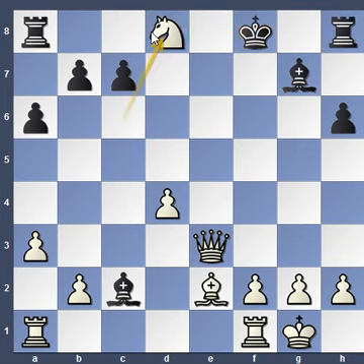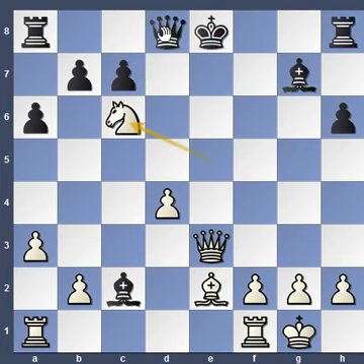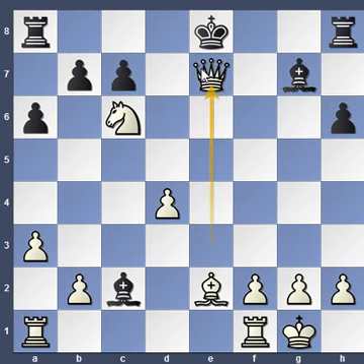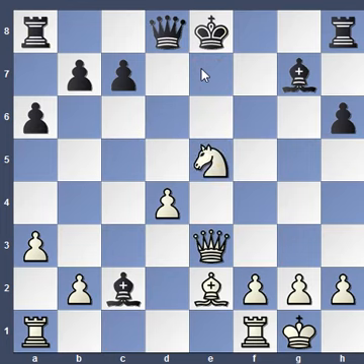Instead, if he tries to defend the check with his queen, we can actually capture him with our queen and it is checkmate. He cannot capture us since our knight is protecting the queen. So this is the basic idea of discovered check or discovered attack. We are just moving away the knight to a square that is favorable for us and creating a double attack on the enemy army.